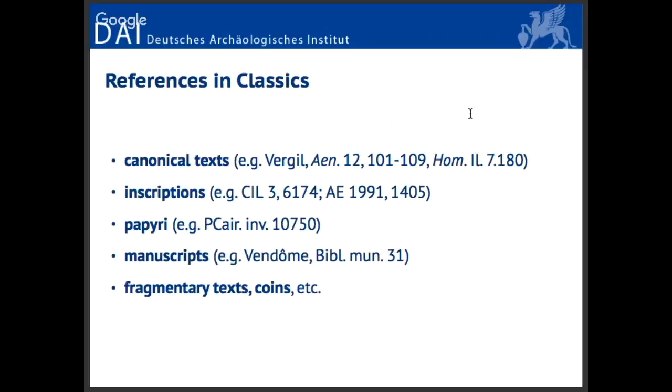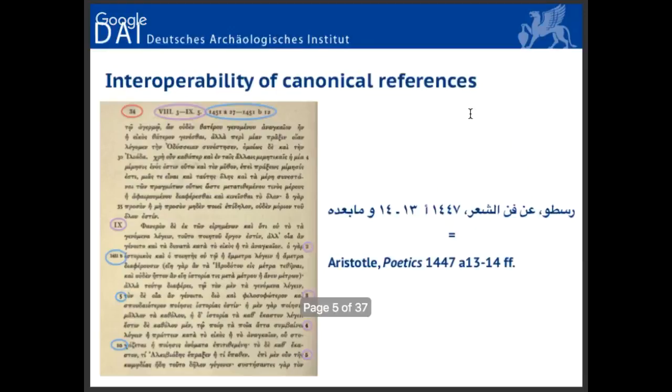What I'm not actually doing, but of course would be lovely to be able to do, is also extracting references to papyri, to manuscripts, to fragments, of course, to archaeological and museum objects that you find aplenty in journal articles. But these are all things that, for now, I've not been doing. So I've been focusing on the first types of references.